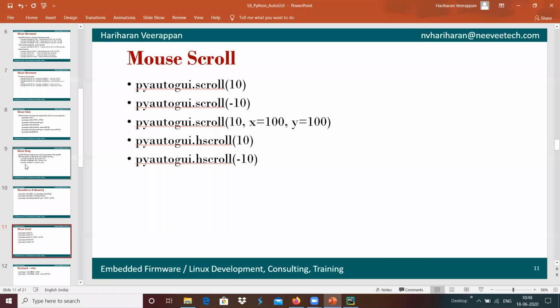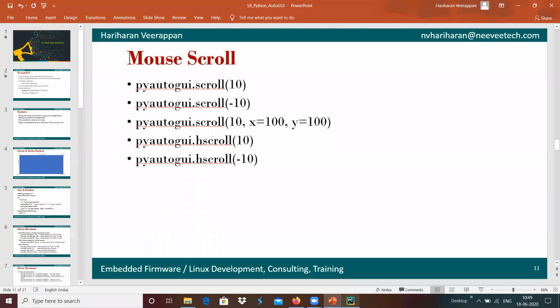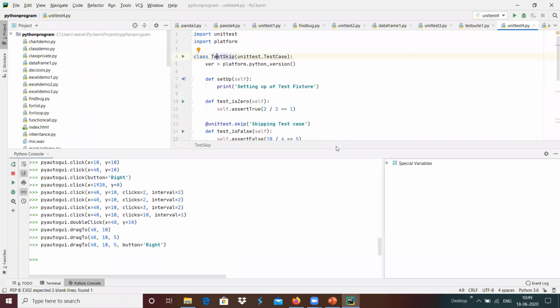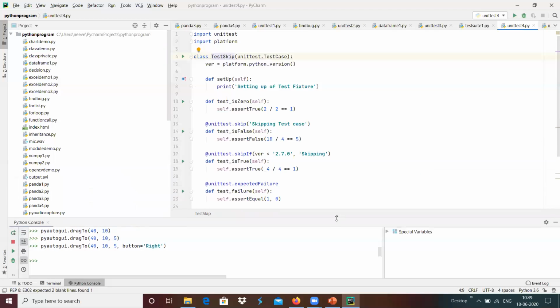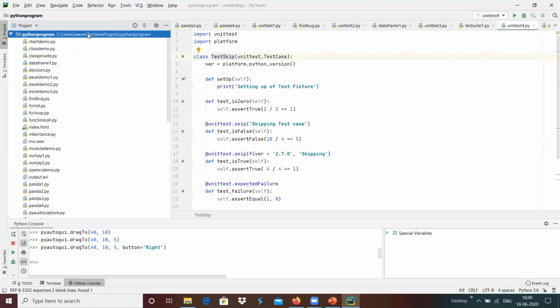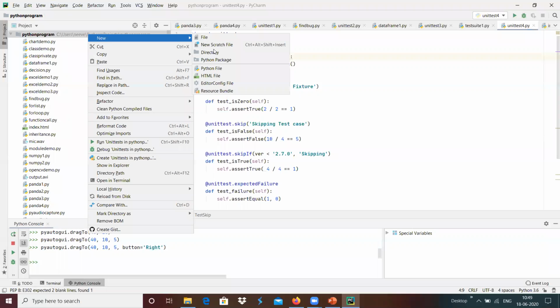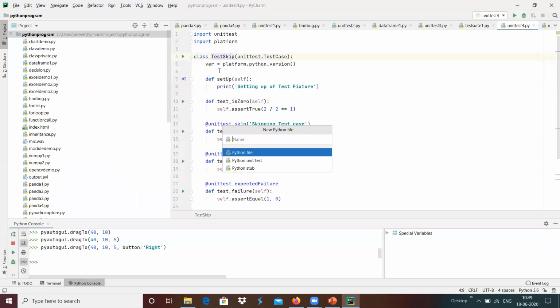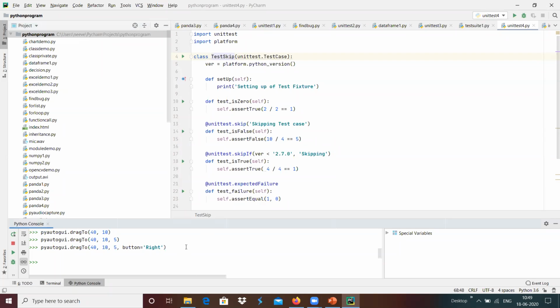Now we will see how we can do simple mouse events over here. I'm going to create a new Python file. Maybe I will copy this, it may be useful for you.